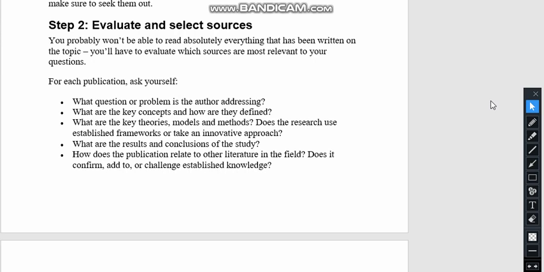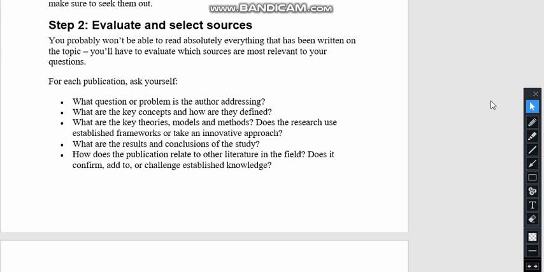Also, does the research use an established framework, or is it innovative research or not? We have to consider the advantages and disadvantages of that particular methodology, what the results and the conclusion are, and how the publication relates to the other literature in the field.